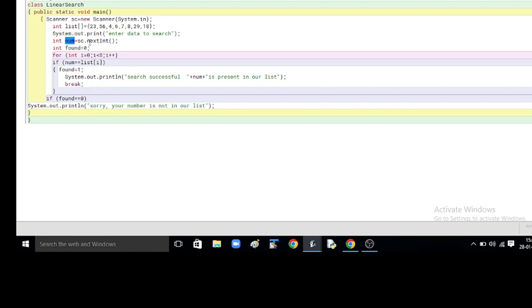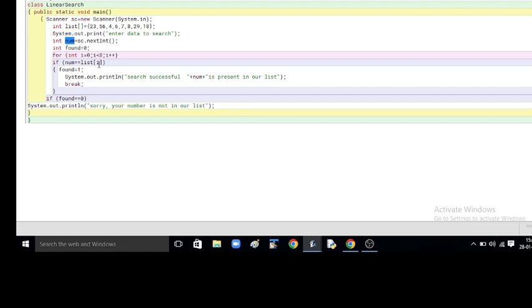Let's say when it is saying enter data to be searched, I have entered 17. So it will compare 17 with 23, then 17 with 56, then 4 and then 6. Every time 17 is compared with each and every number present in the list.